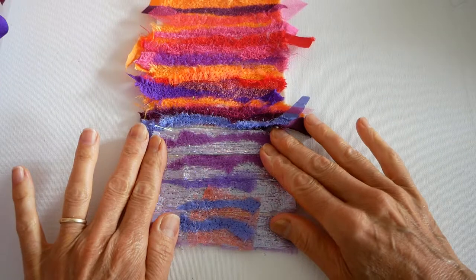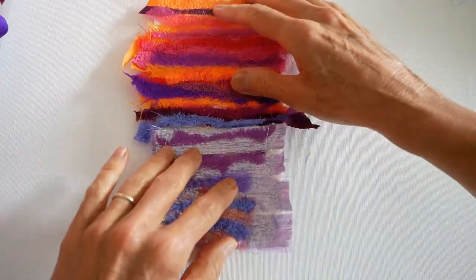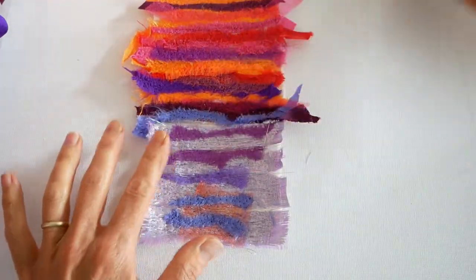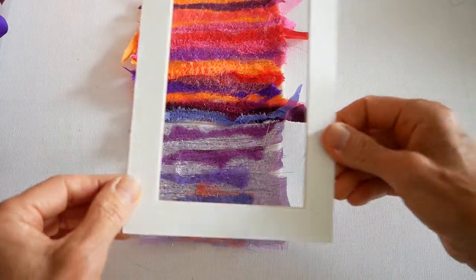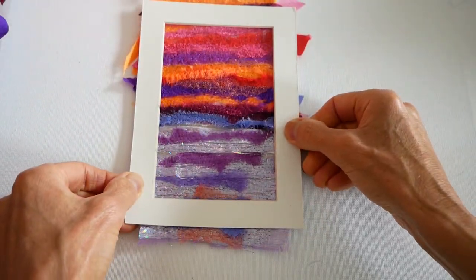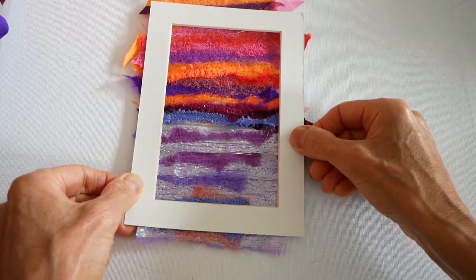It's got a nice reflective quality to it, and that just made me go, oh yes. And once I put this little bit of lilac-y purpley, I don't know what colour this is really, but that sort of shade there, that really all came together. And when you put a little mount on top of it, that really helps to pull it together, and I can see then how much needs to be the water, how much needs to be the sunset,